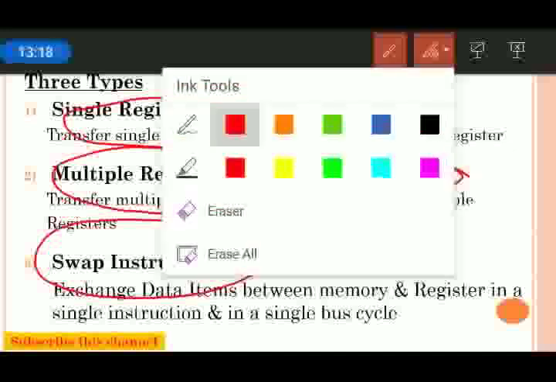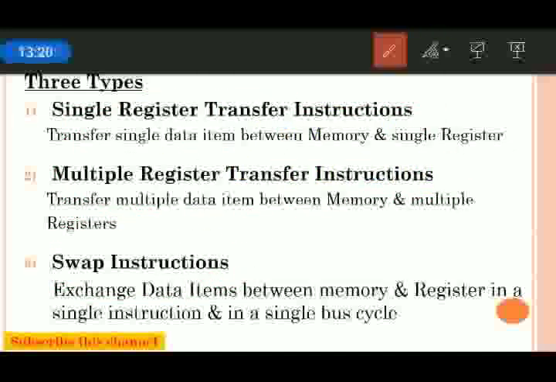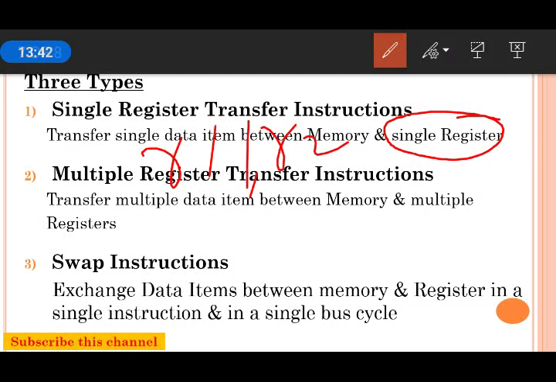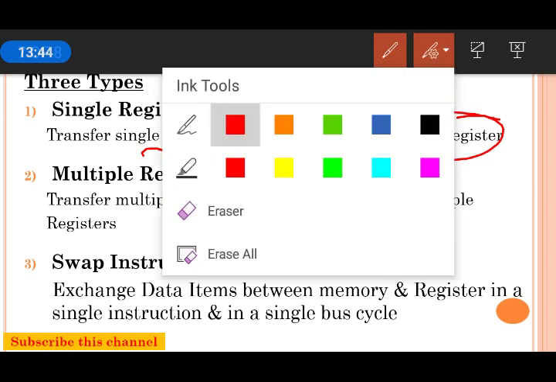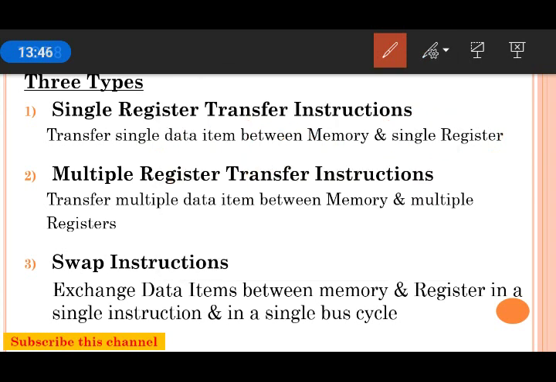Single register transfer instructions are nothing but, here we can transfer the data from memory into a single register. Note this. That is, a single data item from memory will be copied to a single register. For example, we can copy 32-bit data into R1 or R2 or R3 or R4, and so on. Only one register will be involved in the data transfer instruction.